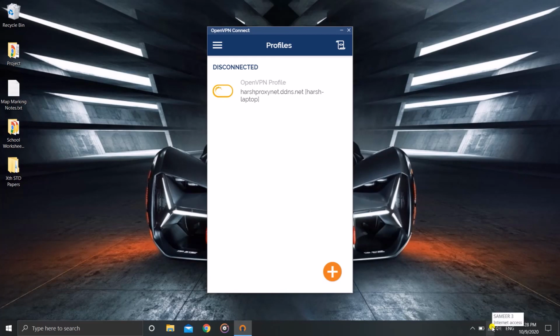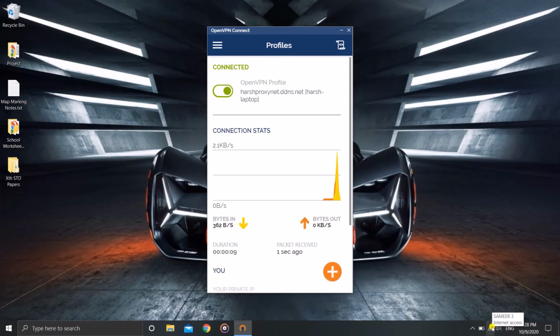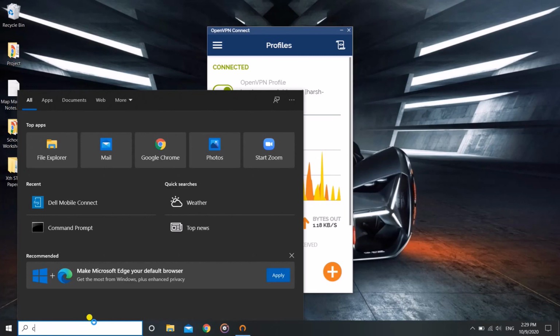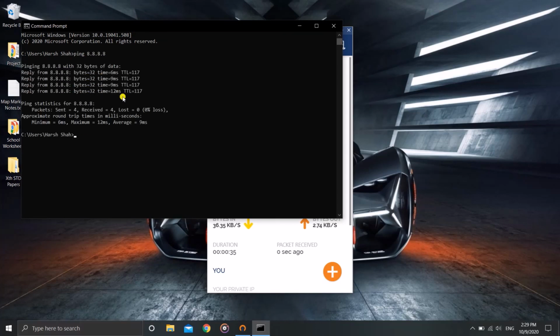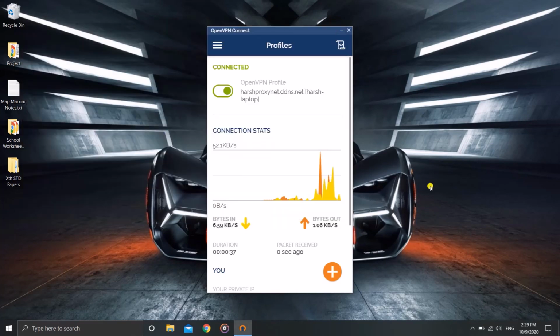and if everything is successful, here we'll get to see local area connection, and it has got internet access. Yet not, we haven't got internet access yet. We should get it shortly. Yes, see, as you can see, we have got internet access. We'll try to ping something. So let us go to cmd and ping Google, that's 8.8.8.8. Hit enter. We got a reply, so that's done. It's successful. Everything is successful. We have set up our own VPN server.